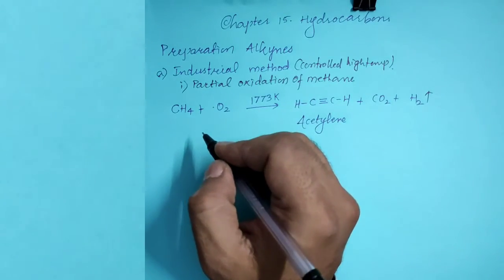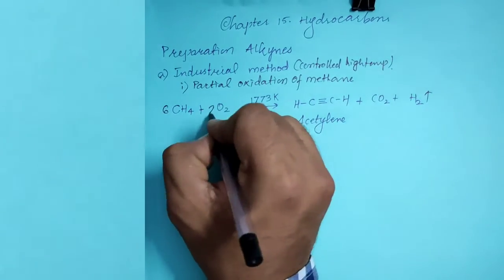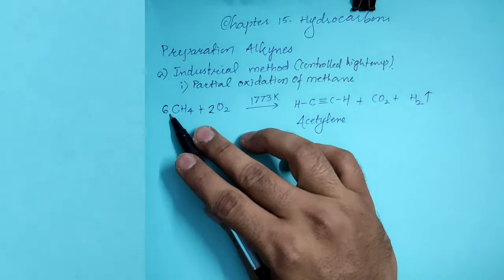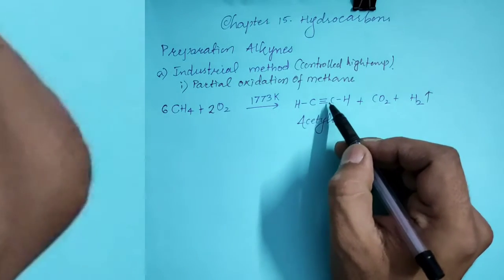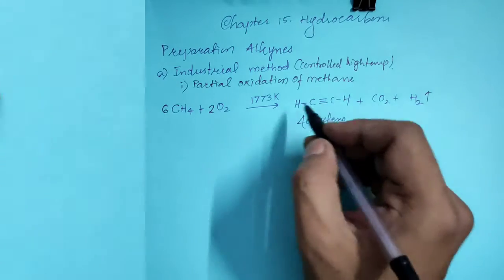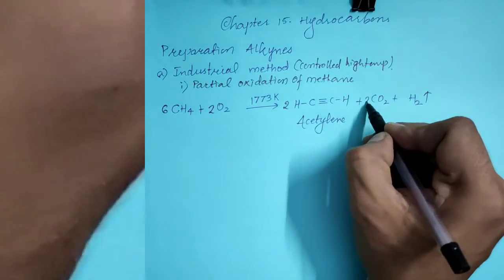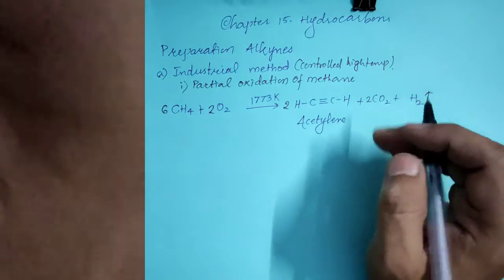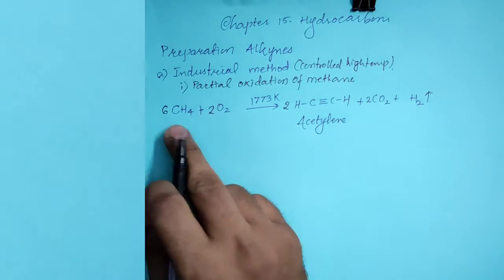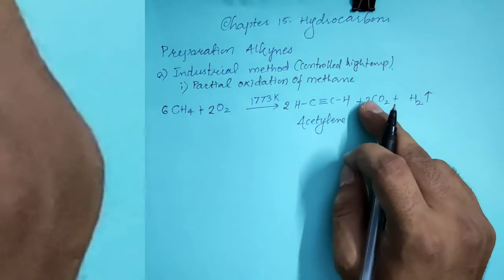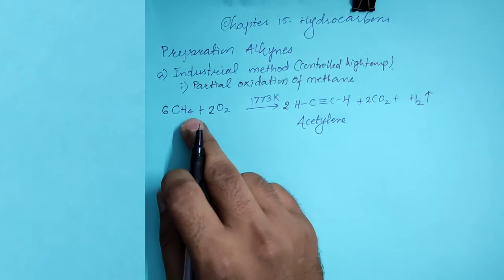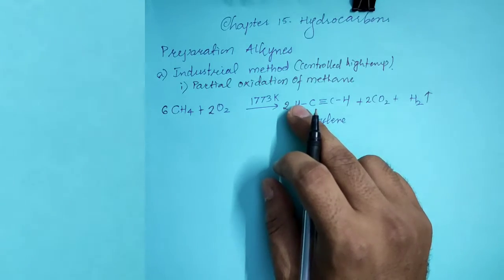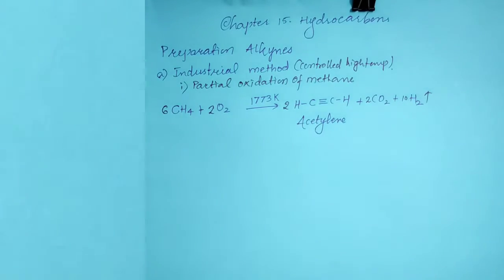So here you have to remember it in this way, that is 6, 2. Only some reactions you have to learn by heart. So 6 carbon has been used over here, and 2 is over here. So multiply both by 2, 2 and 2. So 2 2s are 4 and 2 6s. 6 carbon and 6 carbon of methane over here. Oxygen, 2 2s are 4, 2 2s are 4. Hydrogen, 6 4s are 24, out of which 2 2s are 4 is over here. 20 hydrogen is remaining, so 10 2s are 20. This is balanced.